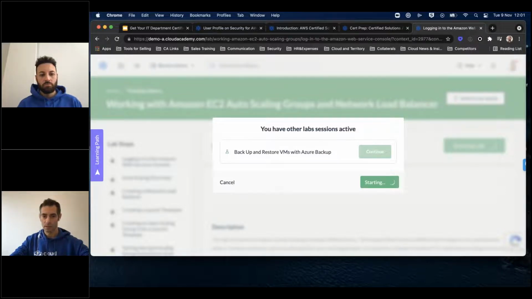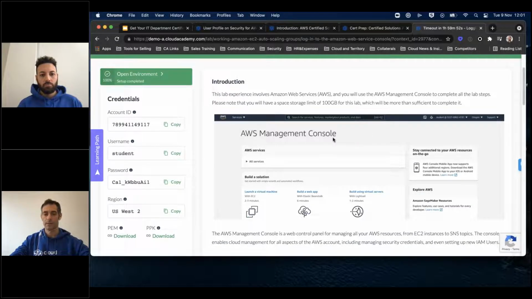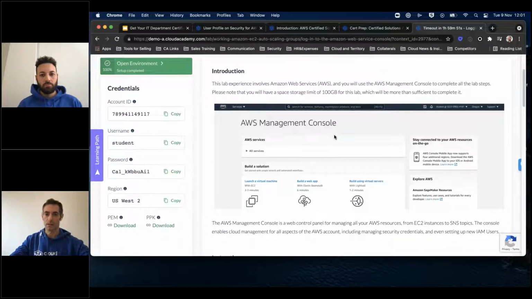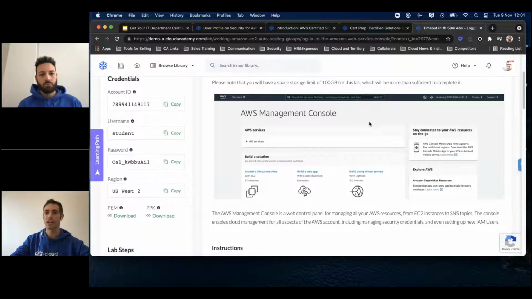Just give me a second. You see, these are text-based laboratories. So if something is updated, for us it's really easy to change the text, to change the screenshot, and make sure that everything is updated.